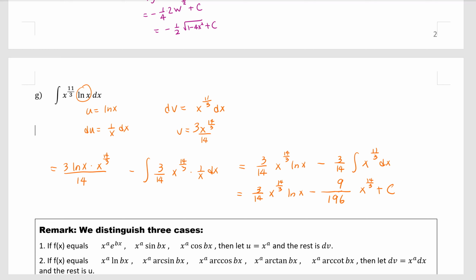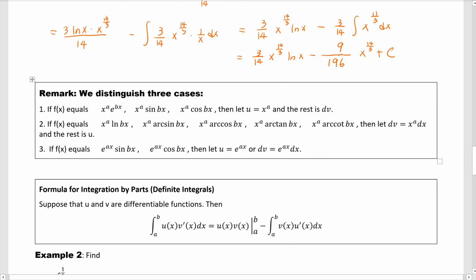So right now, I want to summarize with you. What are the cases we have seen? The first type is the product of polynomials and exponential functions, or the product of polynomials and sine and cosine. In this case, we always let u be the polynomial, and the rest is dv. The second type we see is